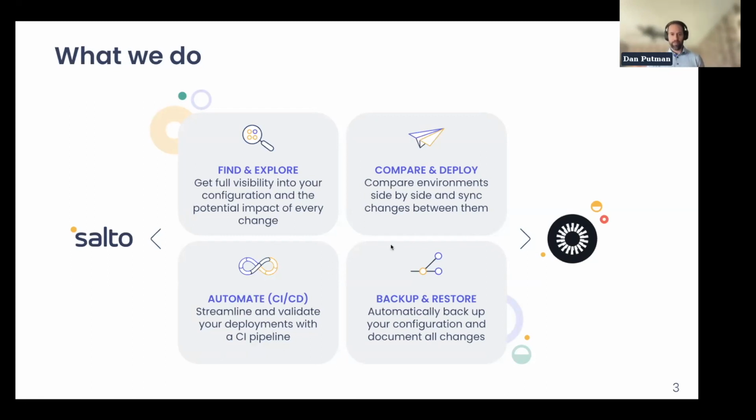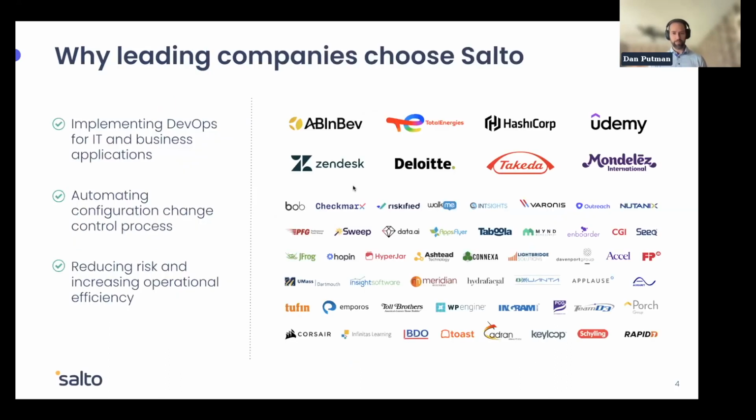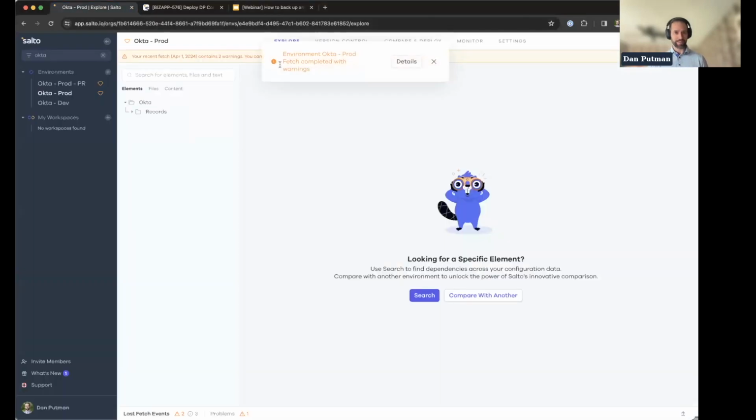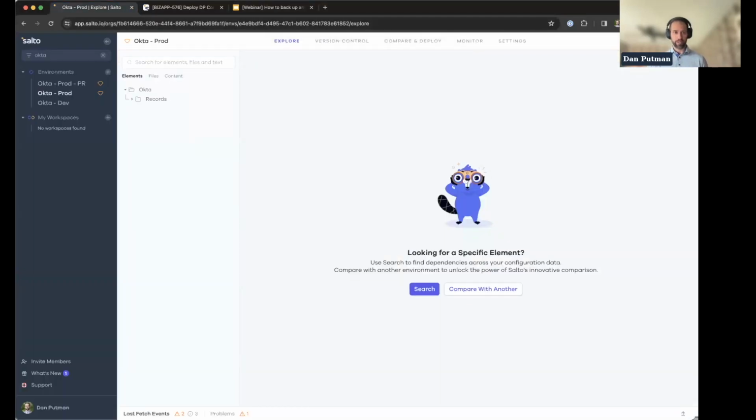Let's dive deeper into exactly what restore looks like in Salto. So I have two Okta tenancies. I have a prod tenancy and a dev tenancy. Like I said, I can do comparisons and deployments between those two things. I can do exploration, but if I just want to do backup and restore, Salto makes that extremely easy. From the minute you connect Salto,